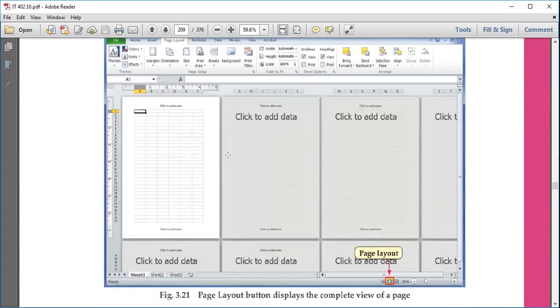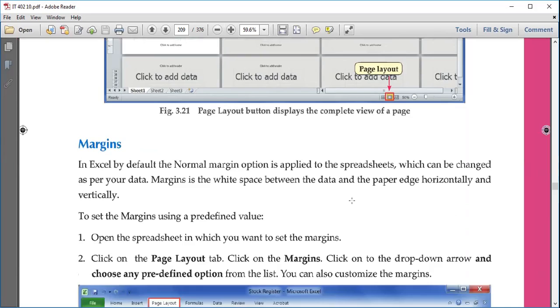Now what happens is when you click on this, you'll find the whole sheet will be divided into pages, and then you can see how many rows and how many columns and whatever data will come on one single page, and then what else will come to the next page. So in fact we'll get the layout where we can see एक पेज के ऊपर कितना कंटेंट आ रहा है, right? So this we can view from this page layout button at the status bar, or you go to the View tab on the top, वहाँ पे भी आपको option मिलेगा page layout का, right?